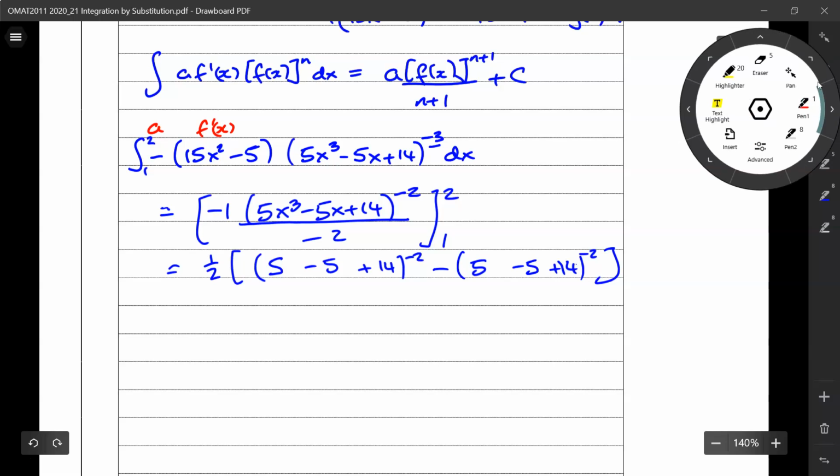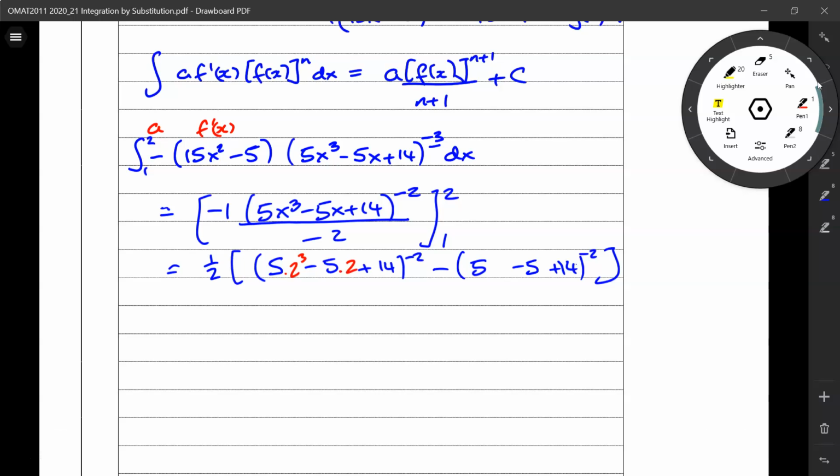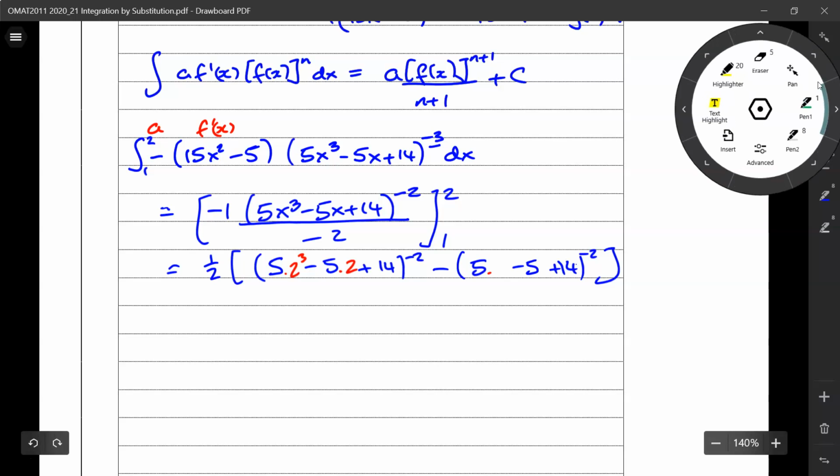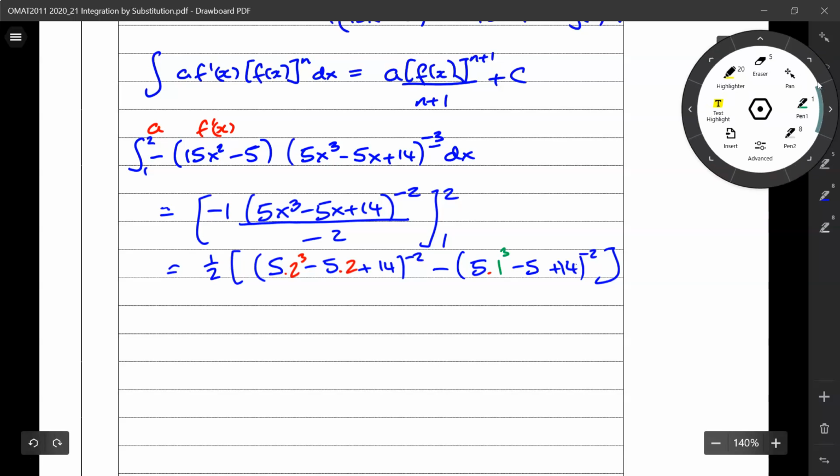If I put the upper limit in as 2, so it's 5x cubed where we put in 2 for the x, so it's 5 times 2 cubed minus 5 times 2 plus 14. And on this side, our lower limit is 5 times 1 cubed minus 5 times 1 plus 14. All to the power of minus 2,